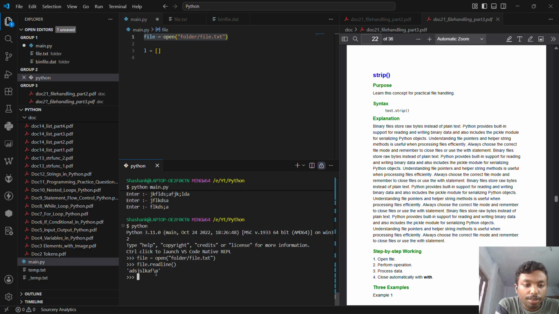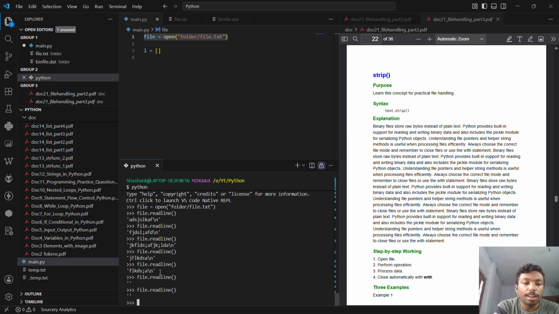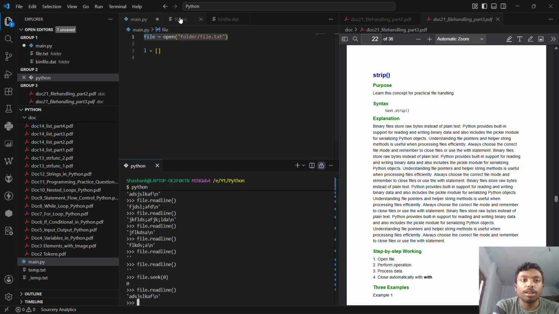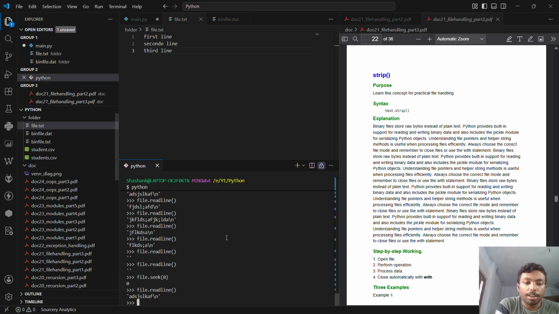you can see we are also getting backslash n. If I execute this again, I am getting backslash n, again and again. Now it is empty because there are no more lines. So let's do file dot seek 0. Now what will happen? Our cursor goes to the first line. Let me make it clearer: first line, second line, third line. Now if I run this again,